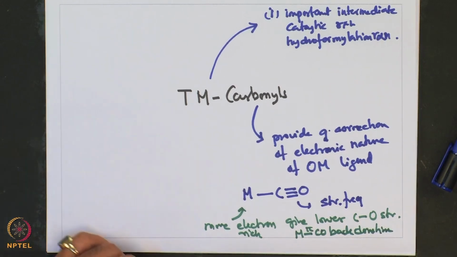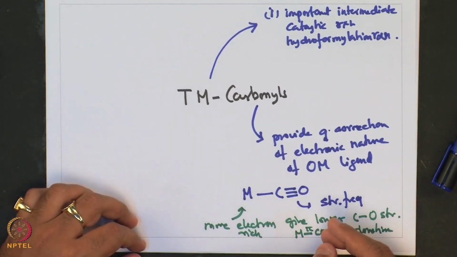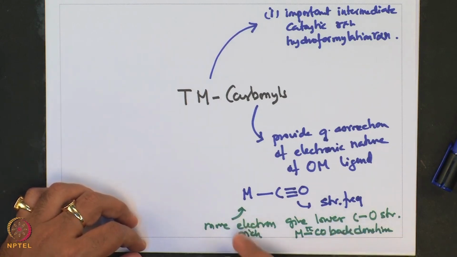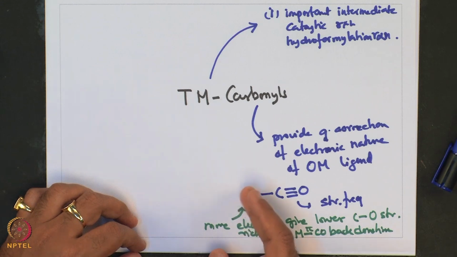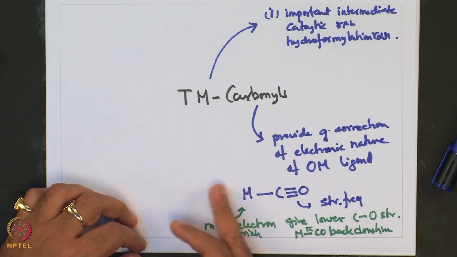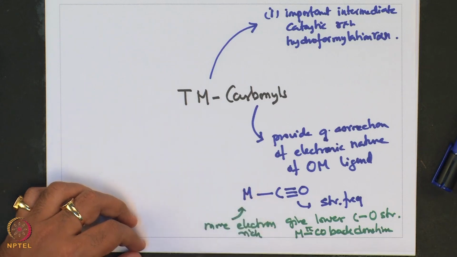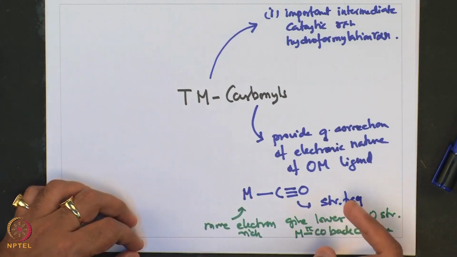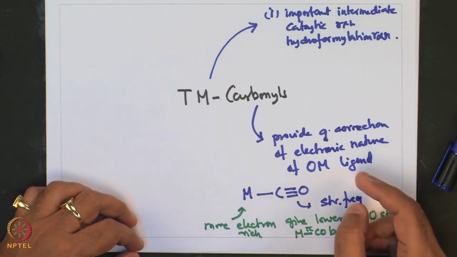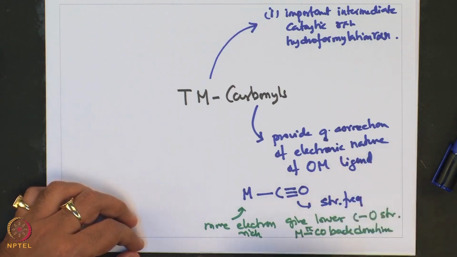and that helps one to get an idea of the nature of, or electron density on, the metal by looking at the CO stretch. This is successfully employed in getting an insight into the extent of electron richness that a metal possesses by virtue of being bound to all the other ligands around it. So, this has been used as a useful tool for getting a correlation of the electronic nature of various organometallic ligands that co-bind with carbon monoxide in organometallic complexes.